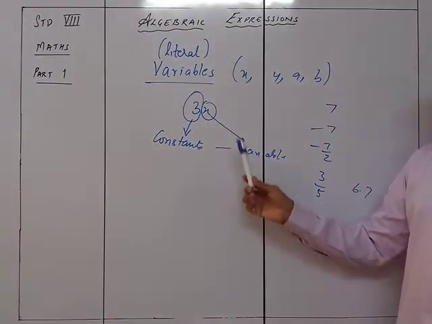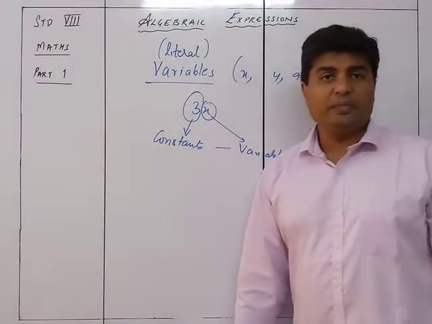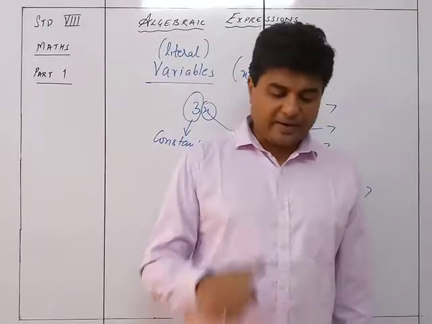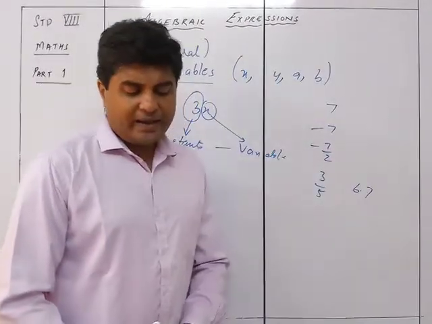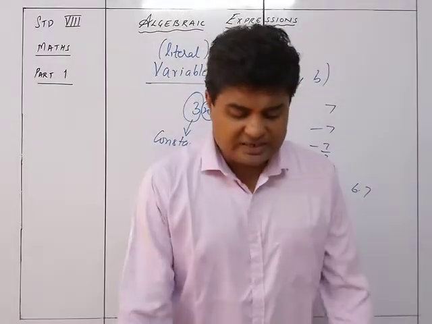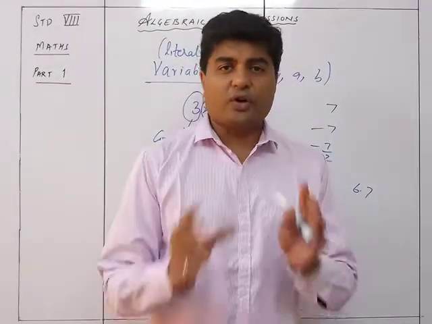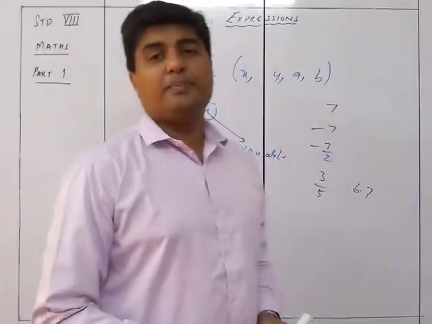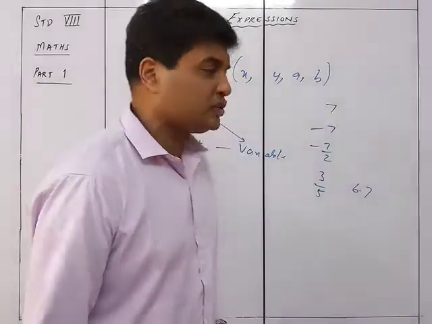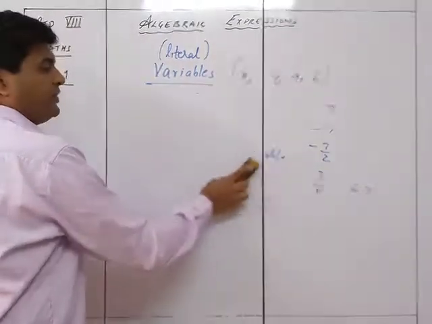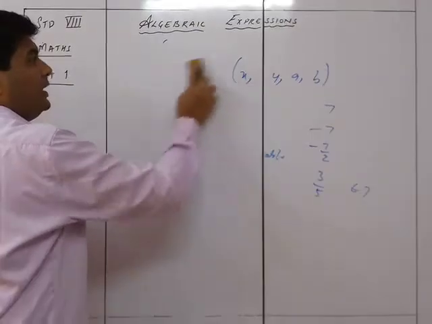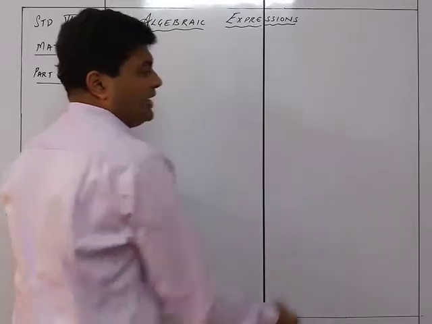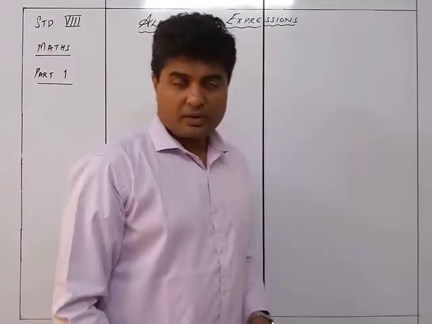So a variable or a literal is the one which is going to be used in combination with the constants to give you an algebraic expression. So accordingly, a collection of constants and variables together forms an algebraic expression. The algebraic expression which is so formed can be of different kinds. Depending upon how many terms are there, it will tell you what kind of algebraic expression it is.